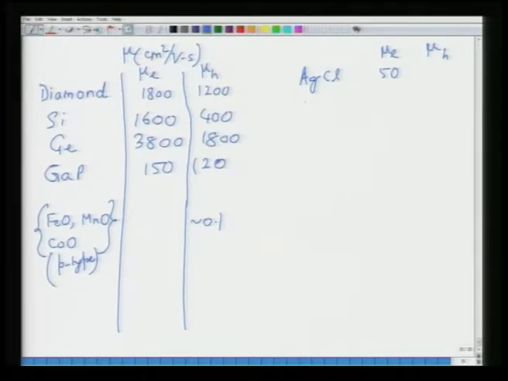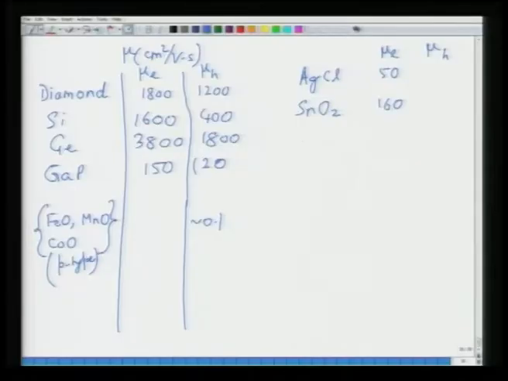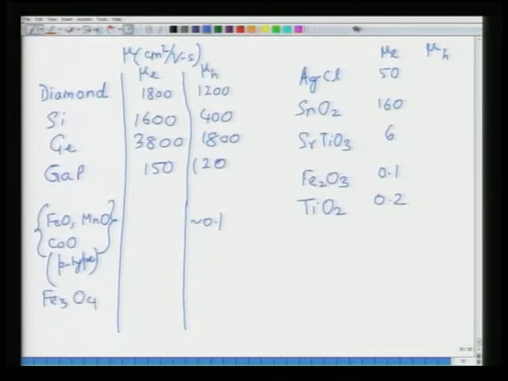In the case of, for instance, tin oxide, SnO2 is used as a conductor in a variety of applications, especially in electronic applications, as an electrode layer, a conducting electrode layer. If you look at strontium titanate, it has about 6, and Fe2O3 has about 0.1, TiO2 has about 0.2. In the case of p type, again Fe3O4 tends to be p type as well, this has 0.1, and